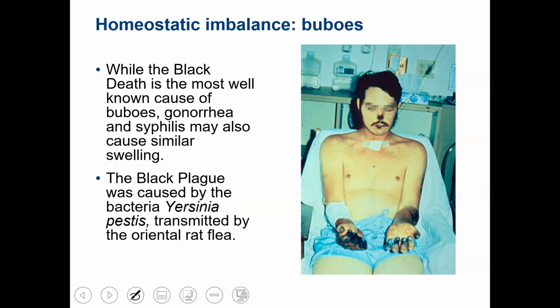There are other things that can cause similar things, but the bubonic plague is the most well-known cause of the bubo. Sometimes it's called the Black Plague. You should realize that that term, Black Plague, does not refer to these necrotic areas. In fact, in medieval Europe, it would not have been referred to as the Black Plague. It was referred to as the Great Mortality, Great Pestilence, something like this. Black Plague was something that was slapped on many years later. And it wasn't to, again, refer to the symptoms, it was to refer to it being a very dark